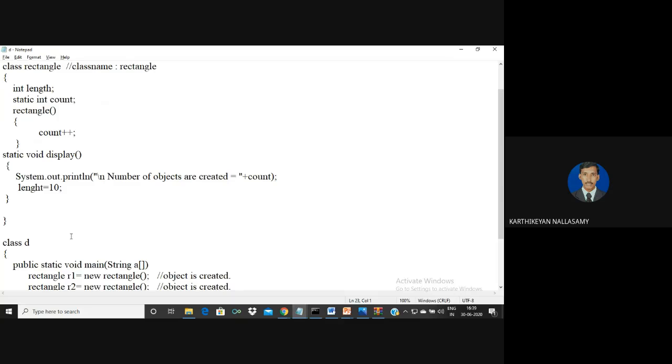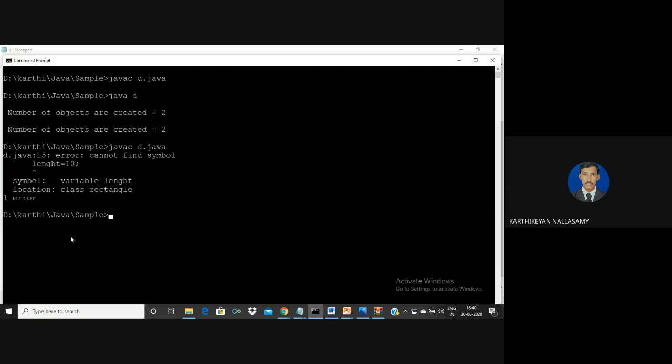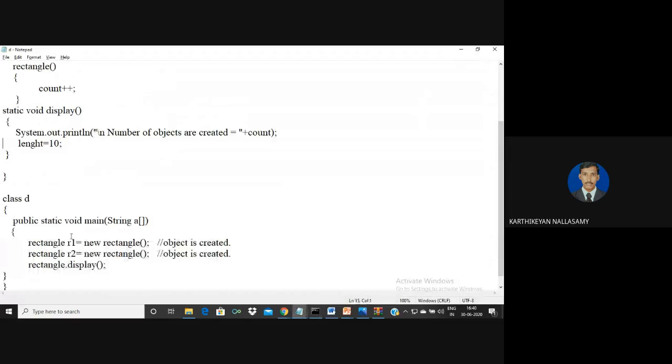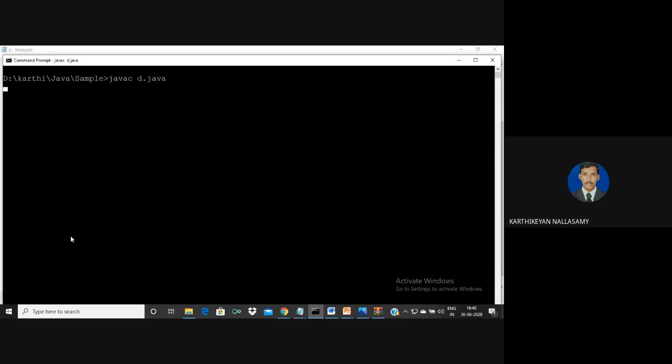Static methods do not necessarily need to be invoked with object name dot function name. Static methods are always preferred to be called by using the class name along with the name of the function. It's enough to invoke it. That is the difference between normal methods and static methods. If we declare a method as a static method, we can invoke it with the help of the class name or the object name. So I'm going to remove this data member calculation inside the static method, because the static method only processes static variables. Now compile, there are no errors.